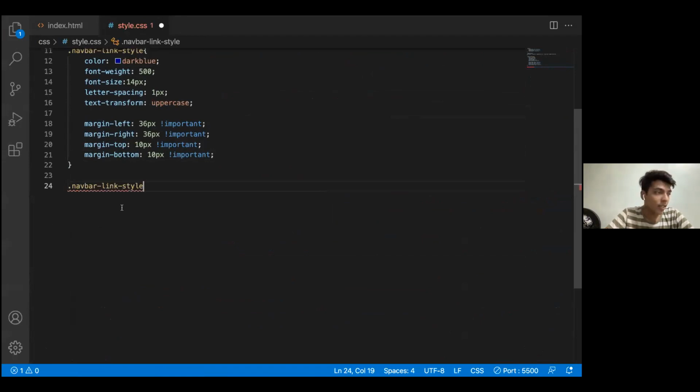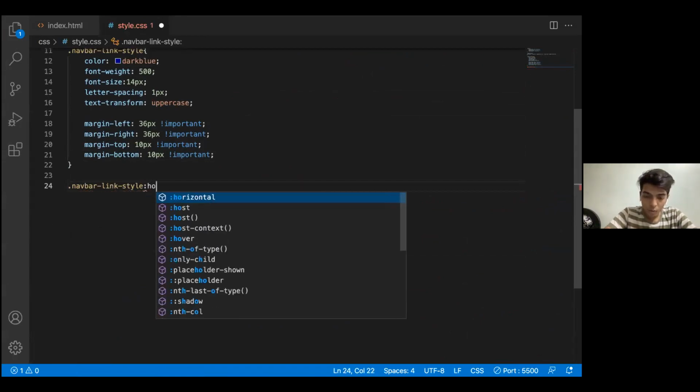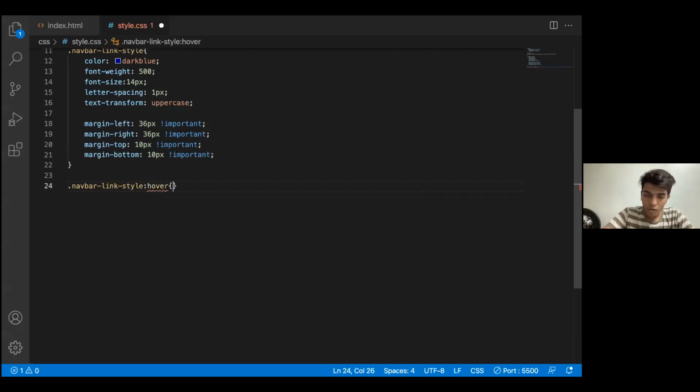So we write this, then we place a colon, and then we do hover over it. So I want to do something when it hovers over. I'll just be changing the color, and let's see what happens.